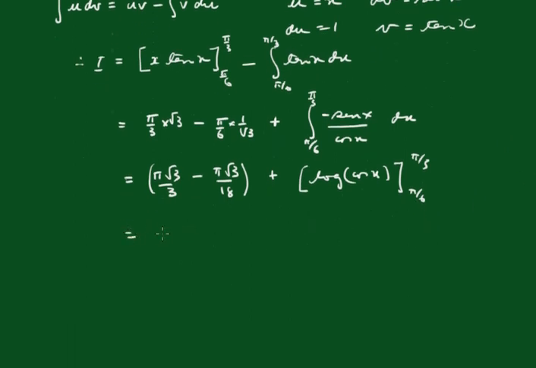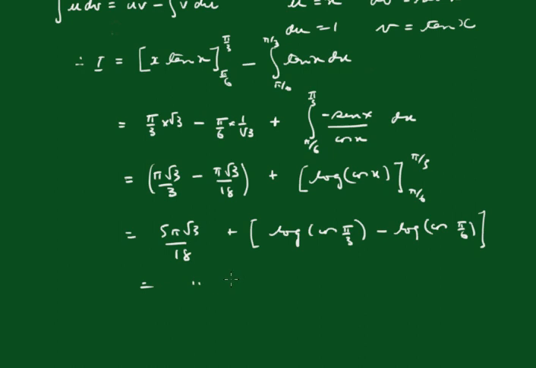Now this becomes 5 pi root 3 all over 18 plus the log of the cos of pi upon 3 minus the log of the cos of pi upon 6,